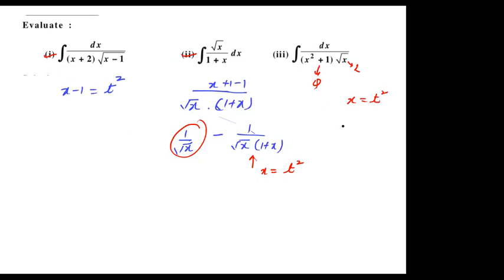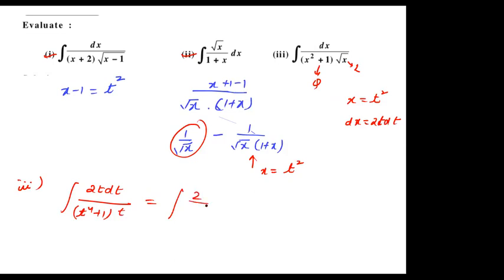तो थर्ड वन में थोड़ा सा एक स्टेप आगे कर लेते हैं. तो dx क्या हो जाएगा जी? 2t dt. ये हो जाएगा आपका dx. तो अब देखो कैसे कन्वर्ट हो जाएगा हमारे पास. थर्ड वन की बात कर रहे हैं. तो थर्ड वन विल बिकम नथिंग बट dx will become 2t dt. So here I have 2t dt, and x square is nothing but t raised to power 4 plus 1, and root x is t. तो हमारे पास आ गया 2 अपॉन t raised to power 4 plus 1 dt.